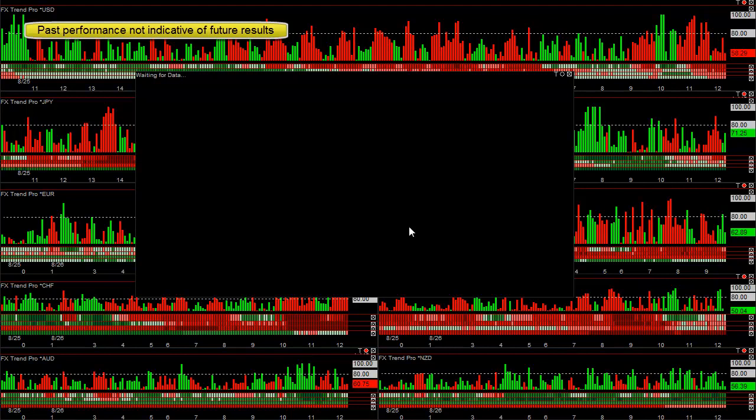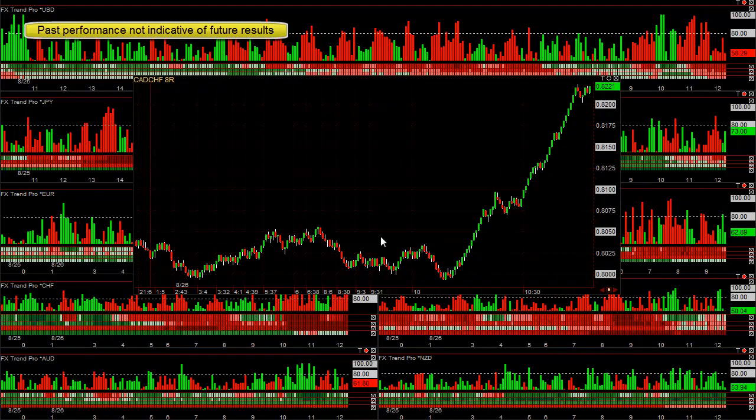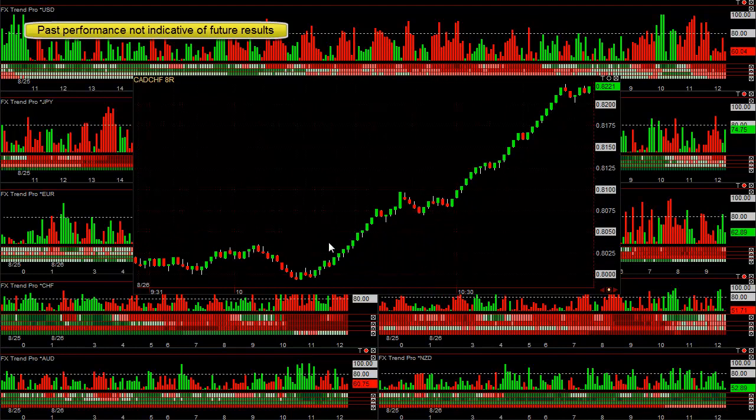Most people don't trade the CAD Swiss, but if it happens to be one of the best pairs to trade, you're going to find some good trades on it. At the 10 o'clock time, when that currency took off, you might not have even got into this trade, or you might not have even started to watch it until it started going up a little bit. So you usually want some kind of a sideways consolidation or a pullback, and you kind of have it right here. You have a nice, beautiful rectangle pattern,